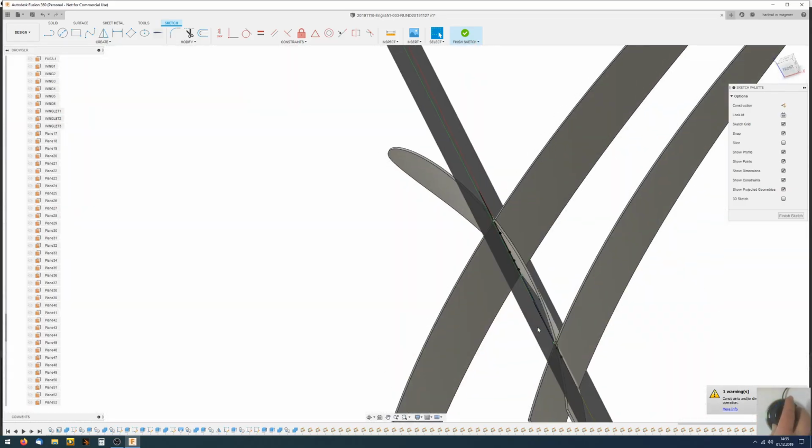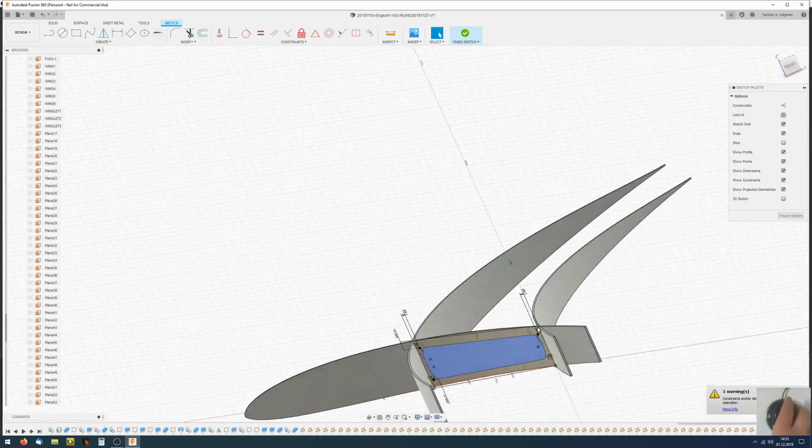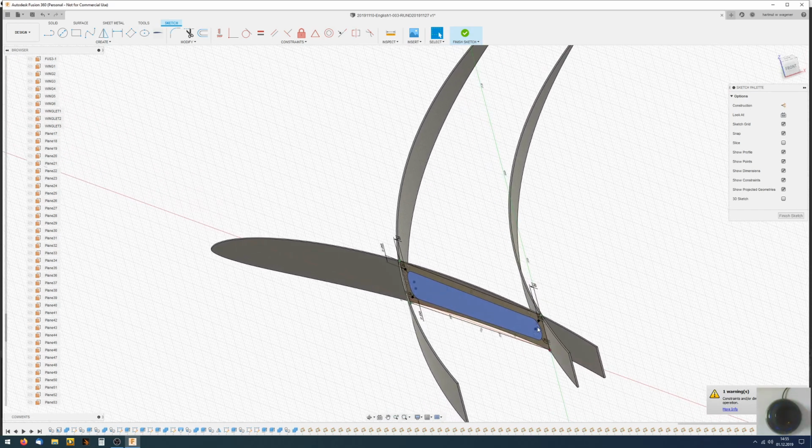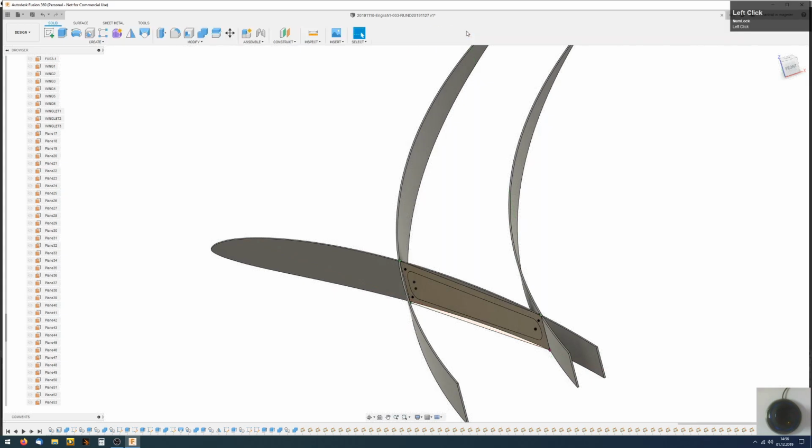Okay, now I can finish this sketch and try to make an extrusion. Extrude this.